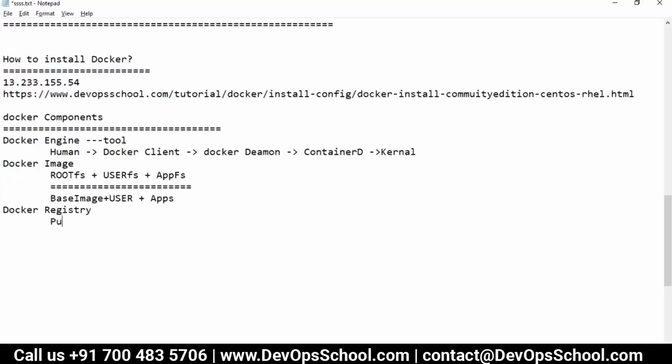There are two kinds of registry: public registry and private registry. Private registry means you can only see it yourself, for example Artifactory, Nexus, and stuff like that. These are private registries, and ECR on AWS. But what is a public registry? Public registry means hub.docker.com. Hub.docker.com is a public registry. Anyone can access it. Anyone can register. Hub.docker.com is the default registry for